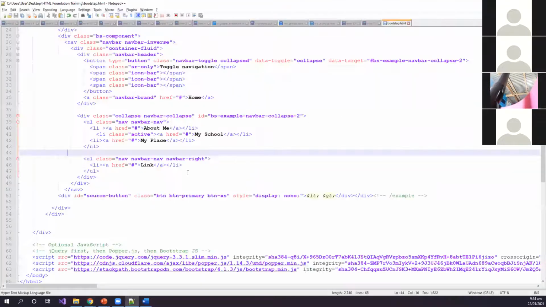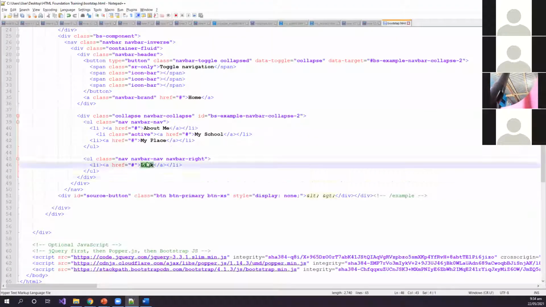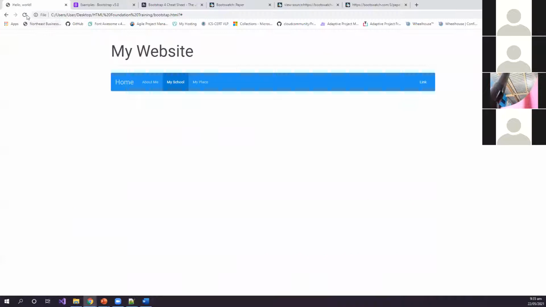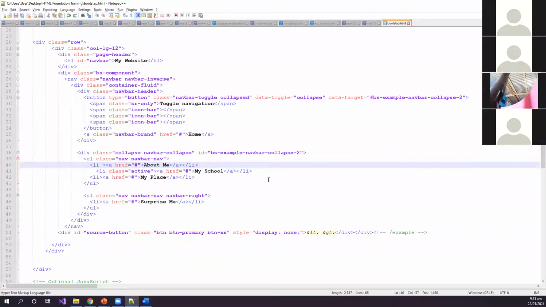The link remains. Now I want to put something on it, like "Surprise me". So meaning the link will be there, surprise me, so that when they click that, you can put another page there. Now, going back,